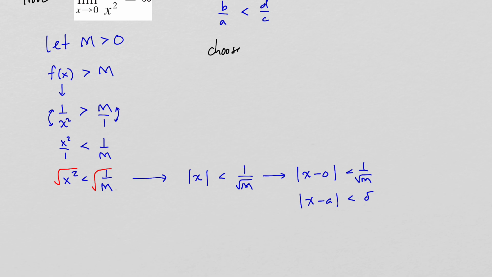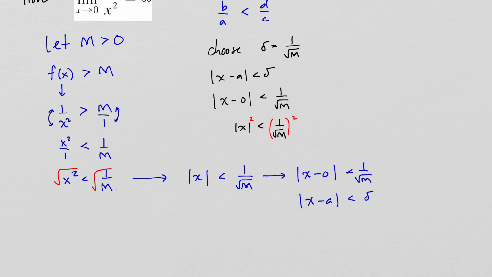So if we choose delta to equal 1 divided by the square root of m, then anytime the absolute value of x minus a is less than delta, in this particular problem, that would be the absolute value of x minus 0 is less than 1 over the square root of m. And that says the absolute value of x is less than 1 over the square root of m. And if I square both sides, that's going to give us x squared is less than 1 over m. And then when I take the reciprocals, so when I flip these back over,